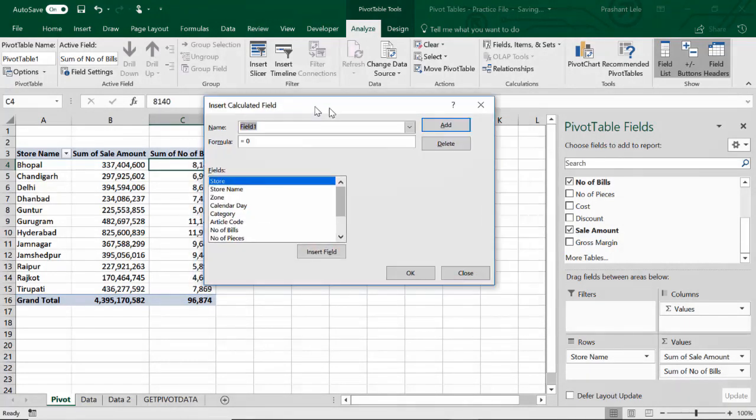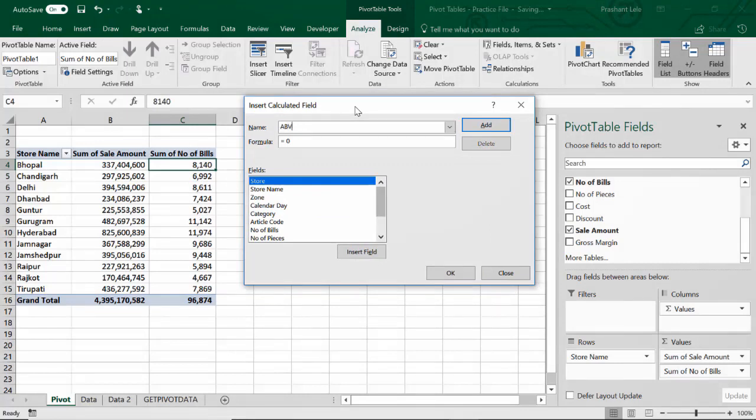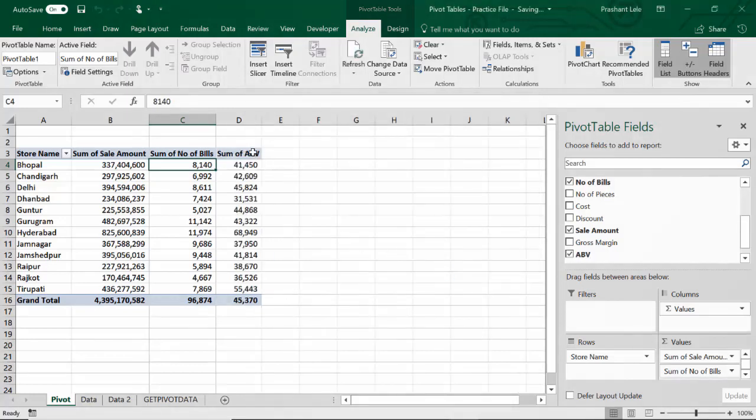So our name is ABV, Average Bill Value, and my formula is equal to sales amount. Just double click, it will be inserted here in formula box, divided by number of bills. Say OK. See, my average bill value is inserted.